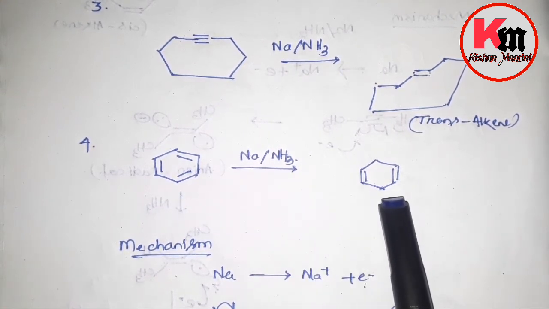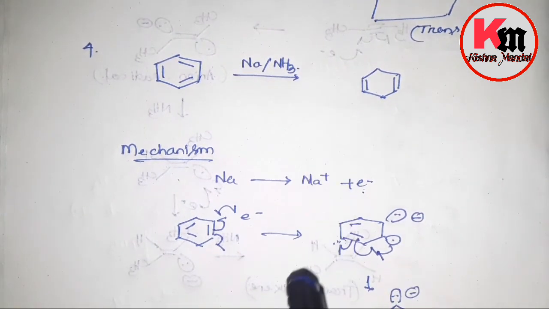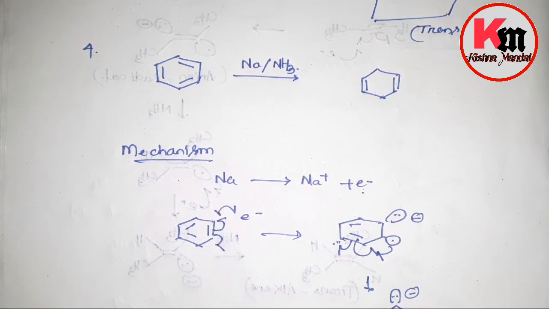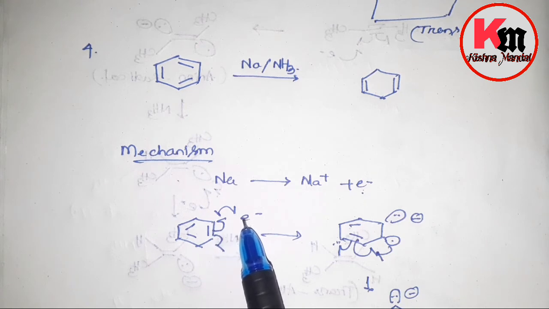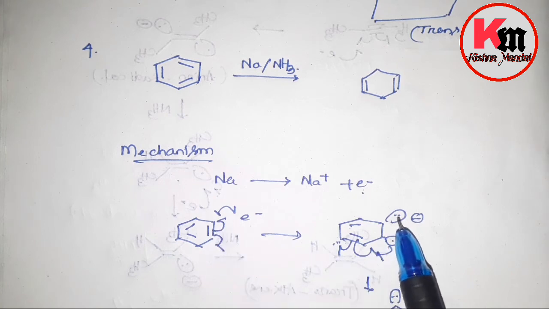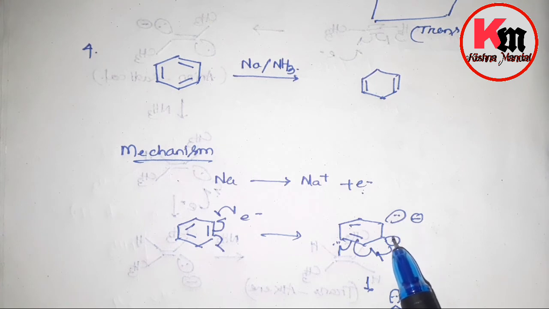So why is this type of product formed in Birch reduction? Let's see its mechanism. Here you can see sodium metal simply gives an electron. In the presence of this electron, one of the double bonds of the benzene cleaves homolytically. You can see here this bond is cleaved homolytically, and the electron came here and paired up with this electron, and so here an anion is formed. Also here when this electron comes, a radical is formed. So here you can see there is a repulsion taking place between these electrons.